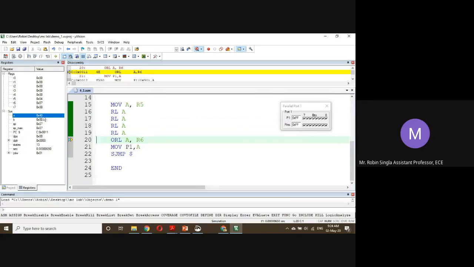After 4 rotations it has become 4 0. Now we'll perform OR logic with 0 7. It has become 4 7. This is our output. We will show the output at port 1. You see here port 1 is now 4 7.